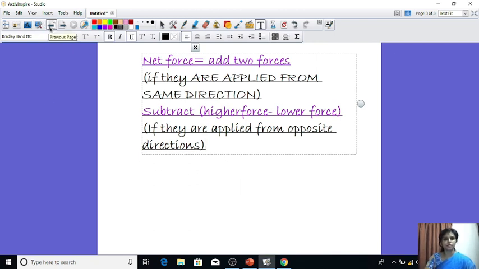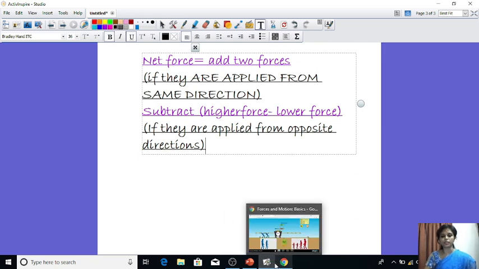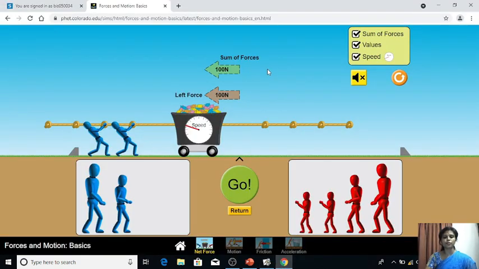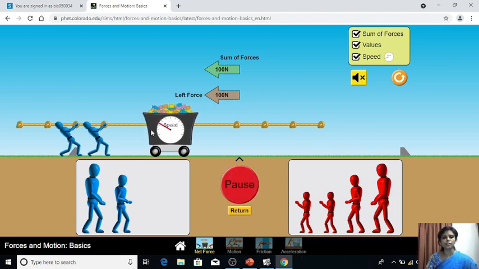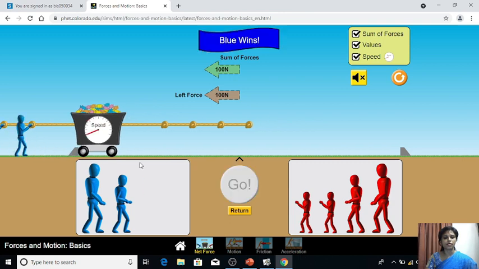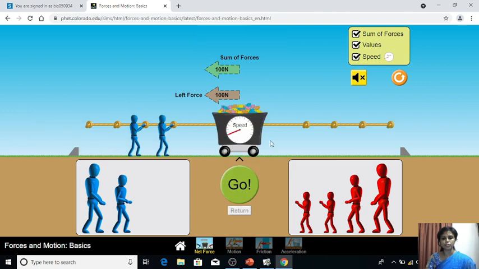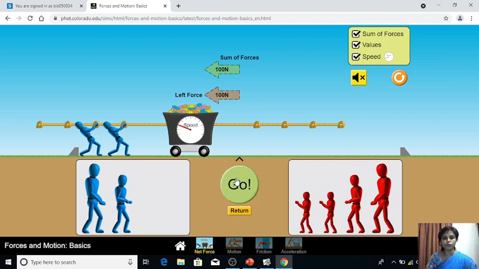Now let us see what the effects of force are, how something will get affected. So here again let us go back to the simulations. What we can see is that if we start pulling the cart, that means we are applying force on the cart. What is happening to the speedometer? Let us see. See, the speed is increasing, right? The cart was in rest position. As we start applying force, the cart starts to move, right?